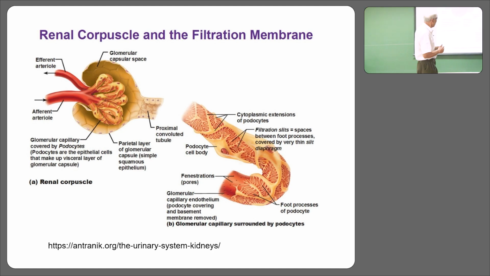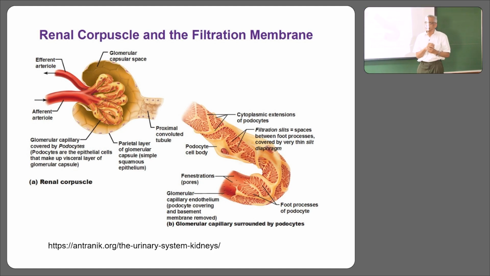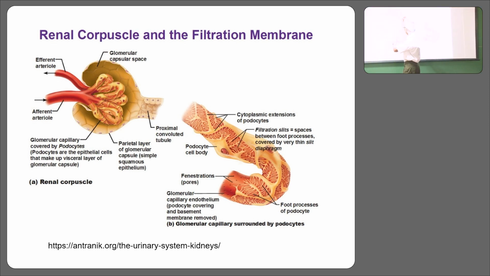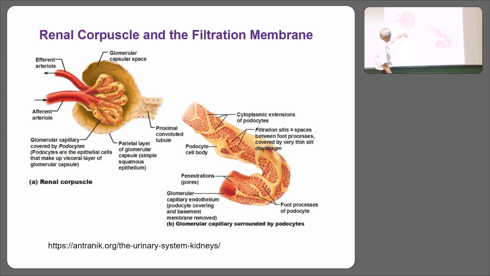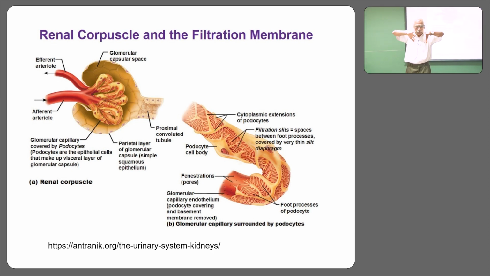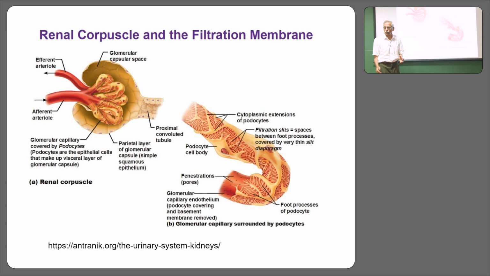Great. Now, we are looking at a Bowman's capsule, and here we have the afferent and efferent arterioles and the glomerulus, and this I'll call the parietal layer. So Bowman's capsule is a double walled cup, and in the inner space of the cup you have the capillary network where the ultrafiltration will happen. I'll draw the cup in there: parietal layer, visceral layer.